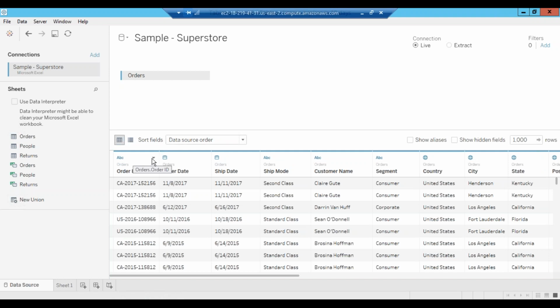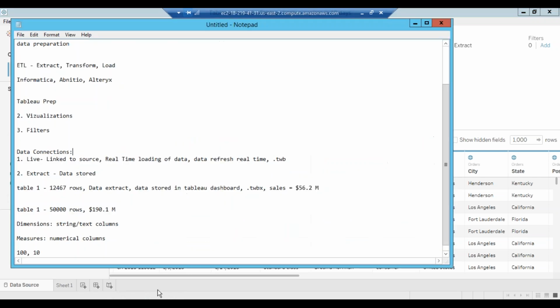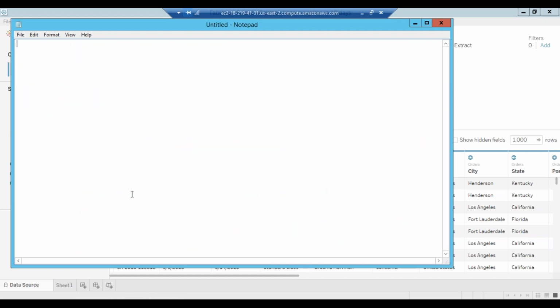Okay. Next thing, this is a string column. I hope you are aware of string, integer, real. Are you aware of that? What is a string column? What is a real column? The string column means anything which is text. Integer means only whole numbers like 1, 2, 3, 5, 6, 7. Real means a real number like 1.45. Anything decimal is called real.